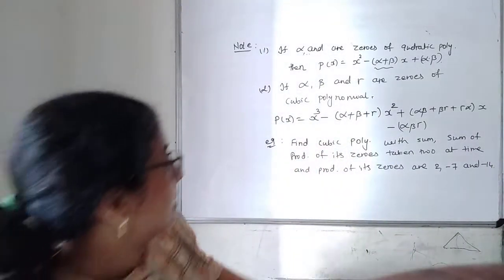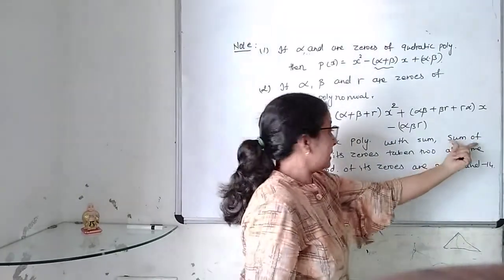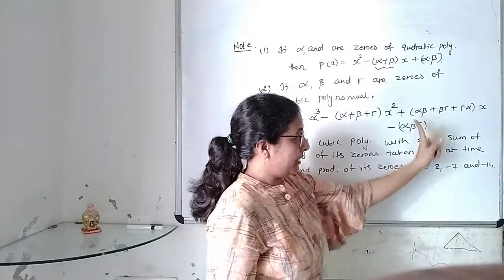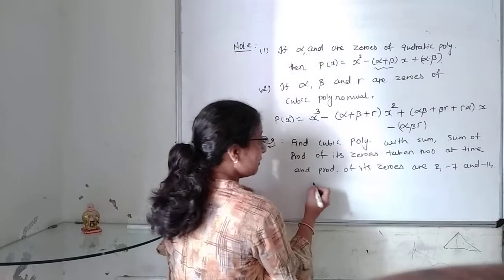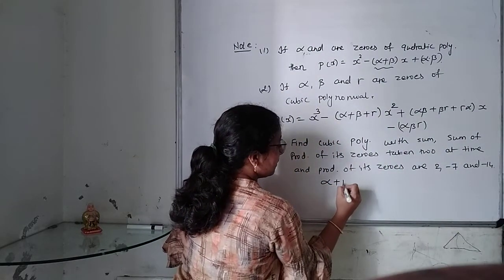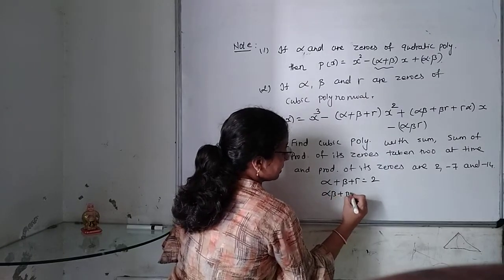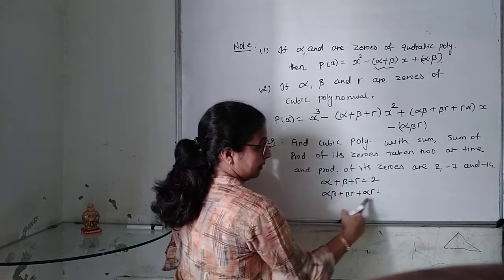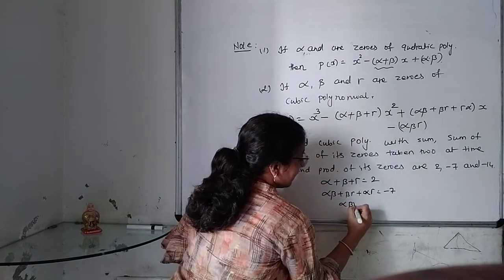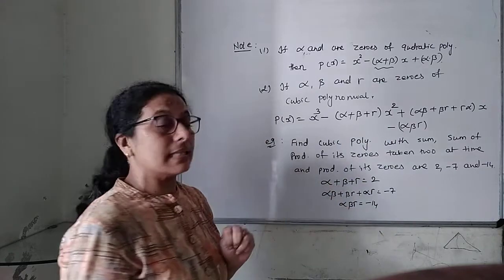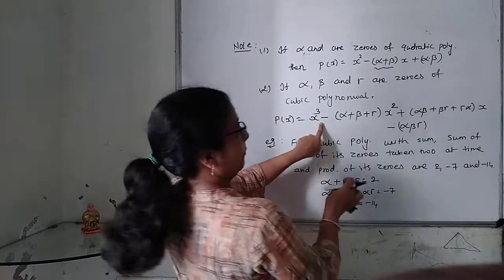Okay, so here is the cubic polynomial. You want to find sum of the zeros, 2, sum of the product of its zeros like this is minus 7 and product of zeros is minus 40. So we will write first sum, that is alpha plus beta plus gamma is equal to 2. Sum of the product of the zeros, that is alpha beta, beta gamma, gamma alpha, is minus 7 and product of the zeros alpha, beta and gamma is minus 40. These three things are given. Now you want to find the cubic polynomial. So what? You have to use this formula.